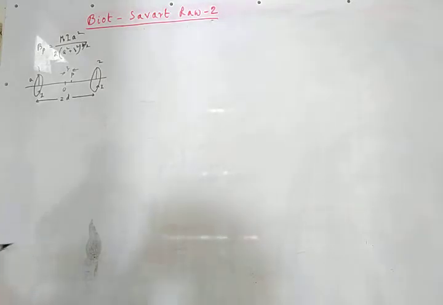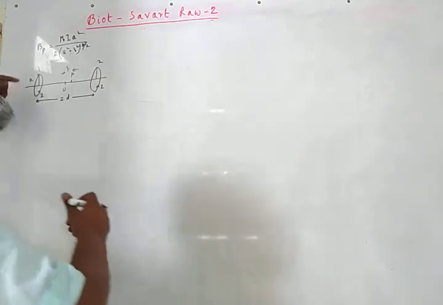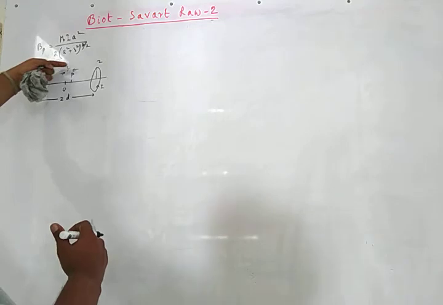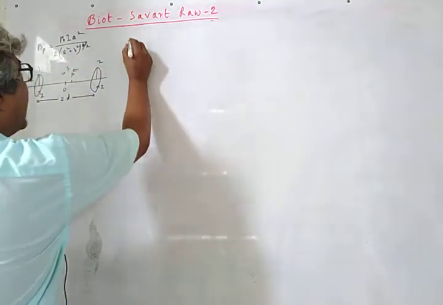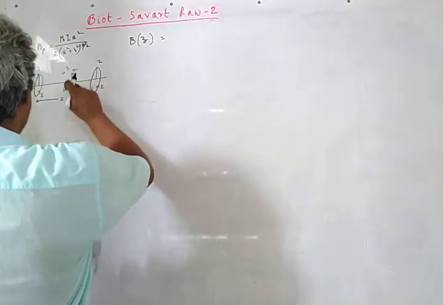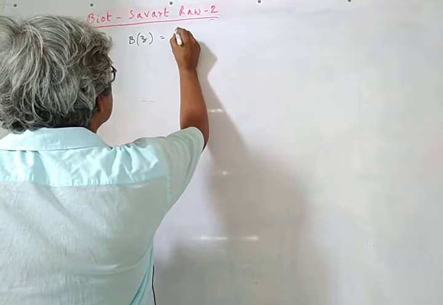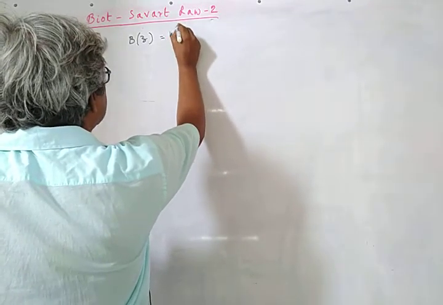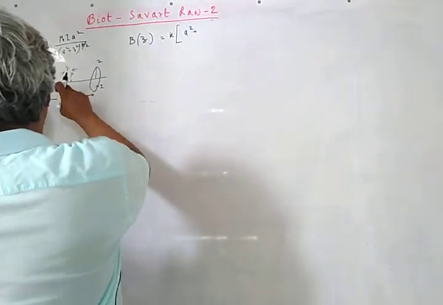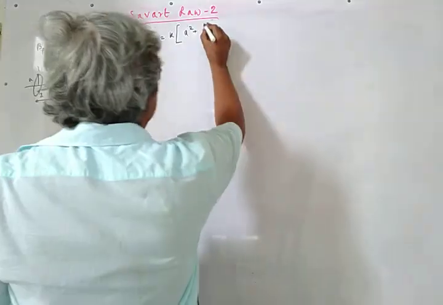Since the current flows in the same sense through both the coils, the field at P is just the sum of the individual fields, because due to this coil the field is towards the right, and for this coil the field is also towards the right. So the field at P will be some constant k times this distance. This much is d and this distance is z, so this is